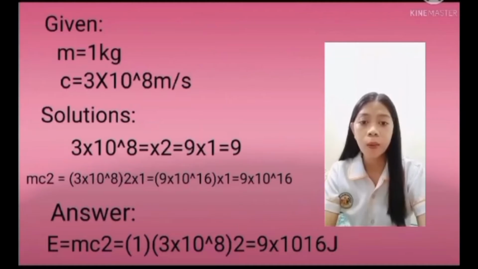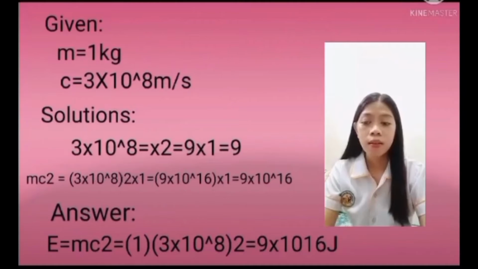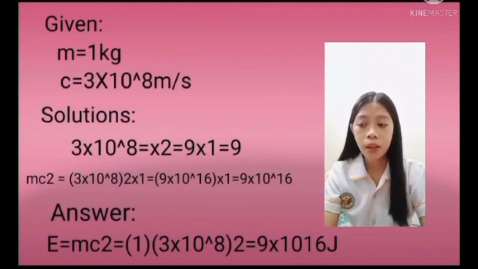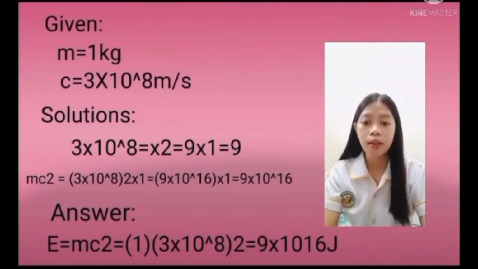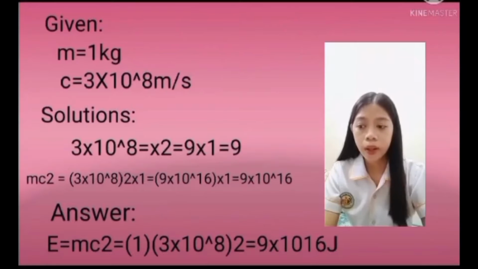Mass equals 1 kilogram and the speed of light is 3 times 10 to the power of 8 meters per second. This is the solution. 3 times 10 to the power of 8 squared equals 9 times 1 equals 9. The solution of 9 times 10 to the power of 16 is mc squared. 3 times 10 to the power of 8 squared times 1 equals 9 times 10 to the power of 16. The answer is